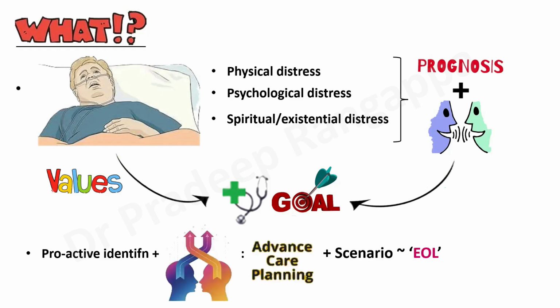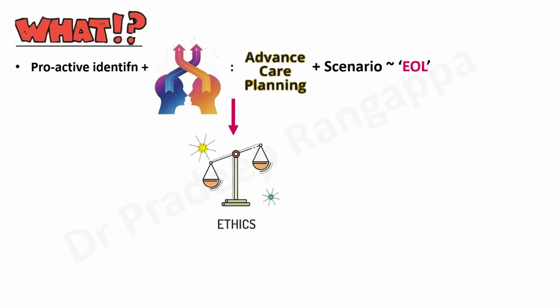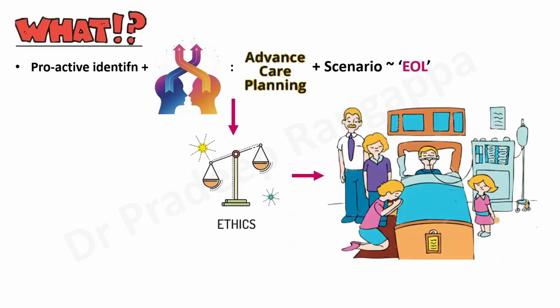Proactively identifying the patients who would benefit from palliative care, with shared decision making to make an advanced care plan and to create a scenario for how we take them through the process of end of life, are important aspects of palliative care. When doing this advanced care plan, one needs to keep the legal and ethical aspects in mind, and take care of the patient during the whole dying process. The end of life process is a separate science, which I will not be talking about in this talk, where one has defined what a good death is.